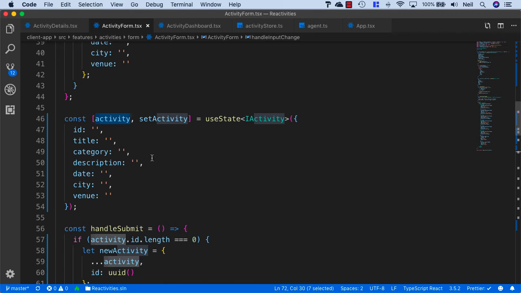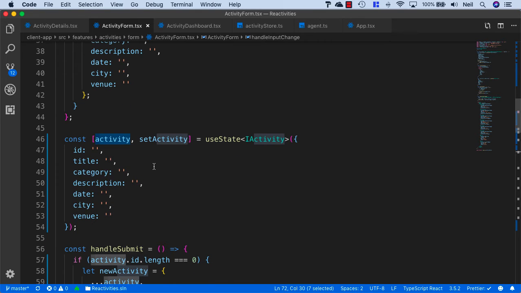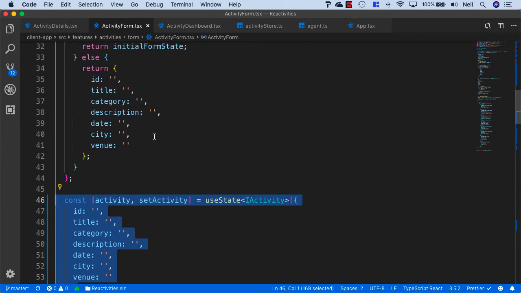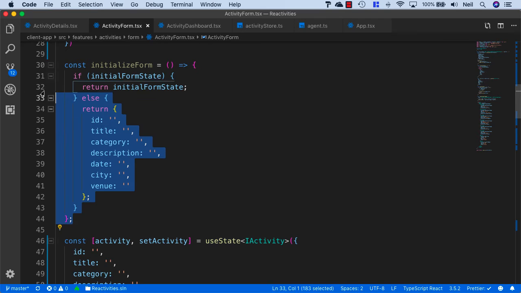So after we've loaded the activity, we call set activity, and this will update our state with the activity that we're about to edit and render this in our component. So we can remove this initialize form function,